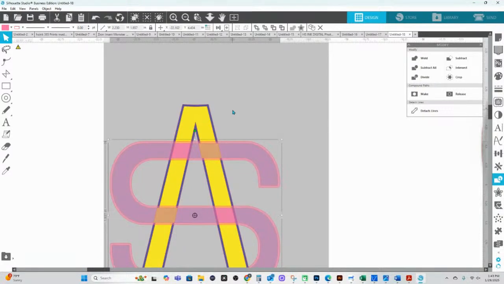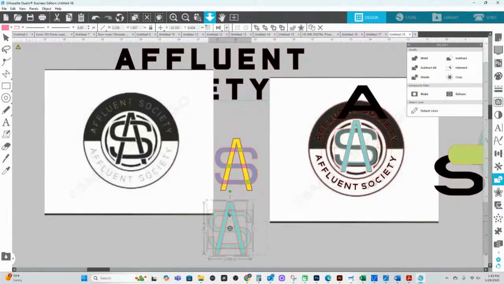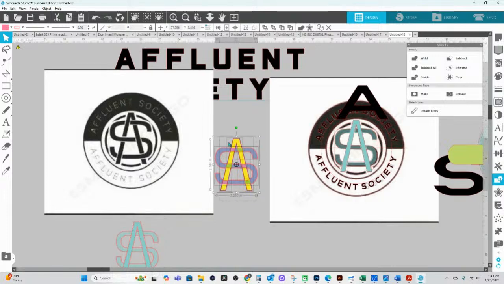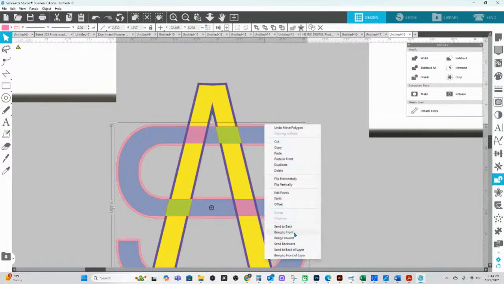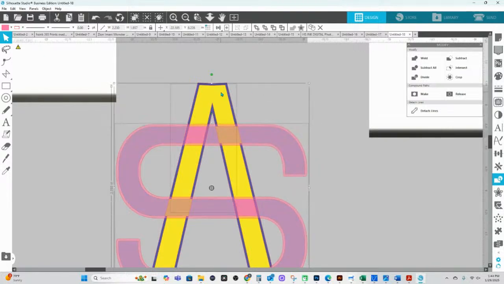Oh, wait. So I need, hmm. Okay, wait. Let me make a duplicate of this. I got to get out of here, y'all. Got to go pick up Zion Imani. So let's bring this to the front. Hold down Shift, click, and